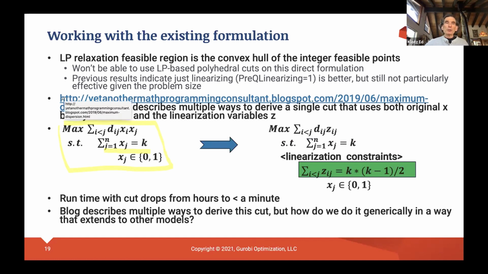So if you go to this link, which is a blog from Erwin Kalvelagen, which is a very good blog for many other posts besides this one, it describes multiple ways to actually look at the linearized formulation that has these new variables Zij. And if we're willing to work with those variables, we actually can generate a cut that enables the solve time to go from hours to less than a minute. And the blog